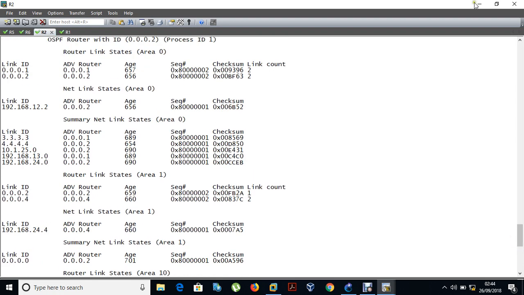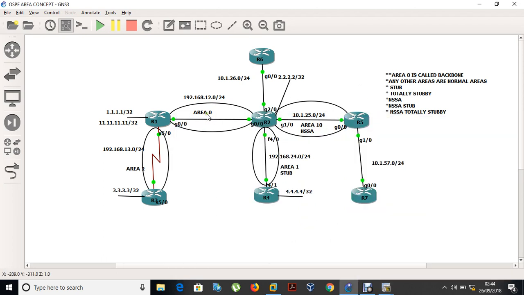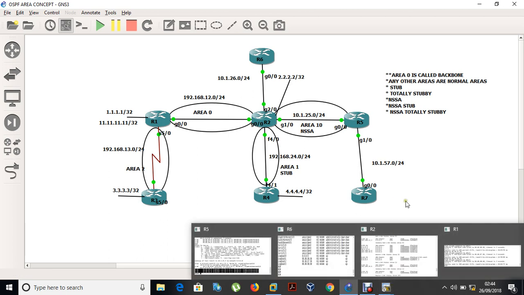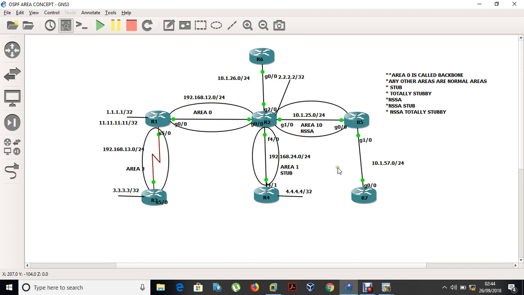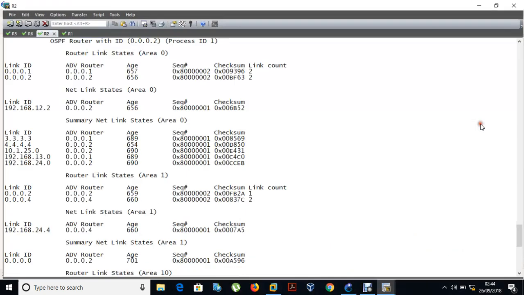As you can see, every area has its own LSA type 1 and type 2, and in general they will have all the information. They will learn the brief information because the ABR will tell them how to reach the other one. So let us go for this guy, go for R2 and check it